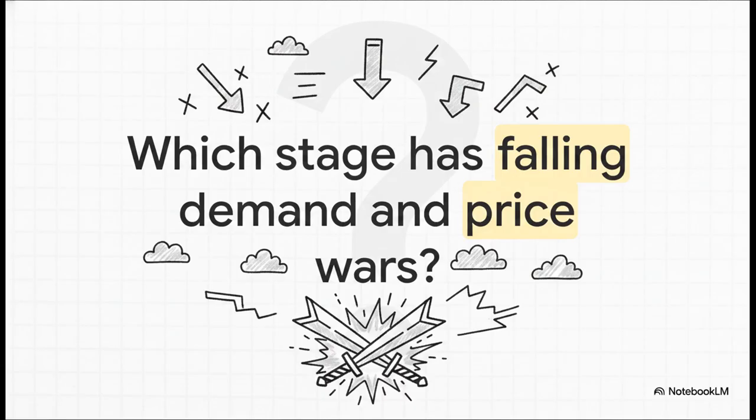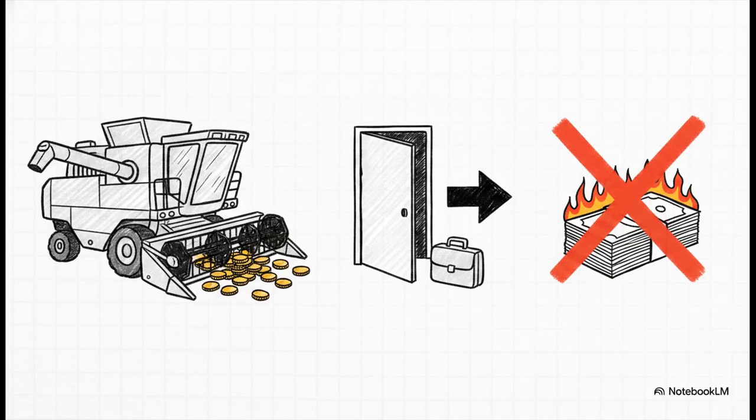What stage are we witnessing? Yeah, this is clearly the decline stage. The market is contracting, which creates immense excess capacity. And that's what triggers those vicious price wars. The executive decisions you have to make here are incredibly tough, but they are necessary. You have to focus on restructuring the business, harvesting whatever remaining profits you can extract without sinking in more investment, repositioning your assets, or strategically pulling the plug and exiting the industry altogether before you burn through your capital.